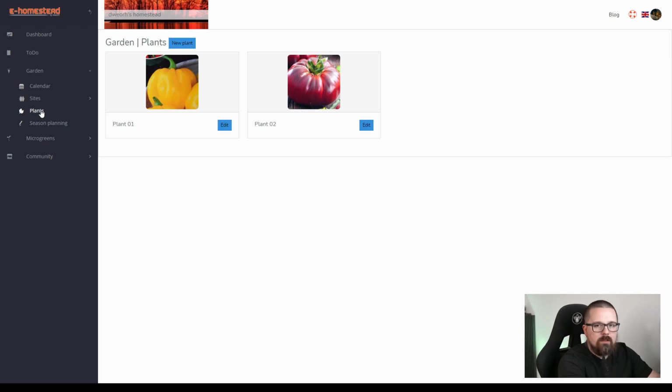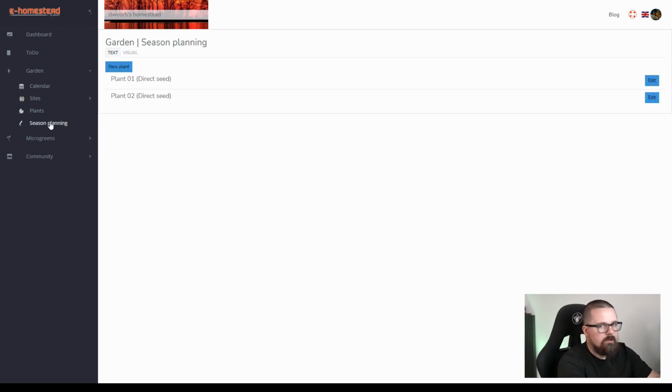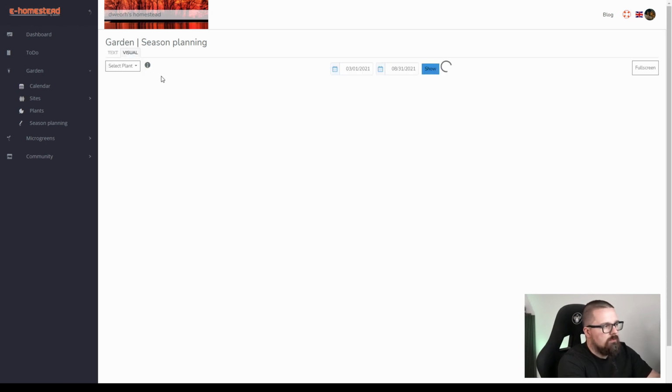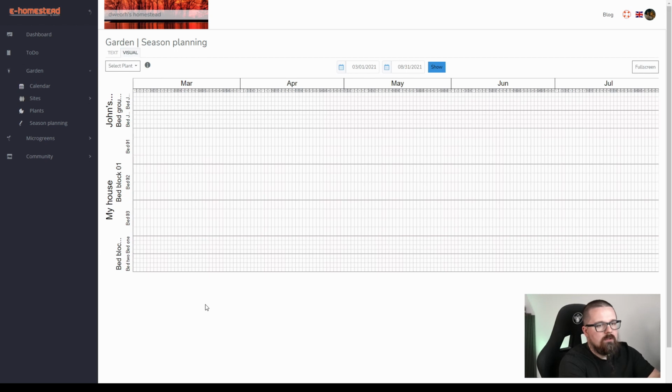So now it's time to start planning the season. To do this, we need to go to the garden and season planning section. Here you have two tabs, text and visual. Text is what you may already be familiar with because that's the current version. Here you can be very precise, but this is all about the numbers. If you go to visual, you will see our new